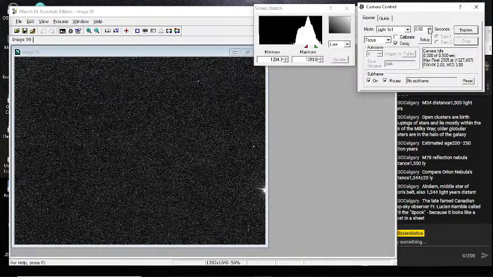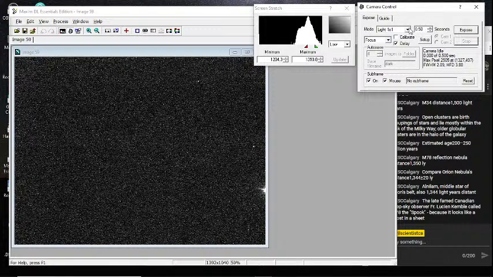And now let's make this 40 seconds. And let's do our binning trick. Oh, wait, I don't know how to say if I'm a single. There we go. This should give us a bit of a view of what's called the Flame Nebula.